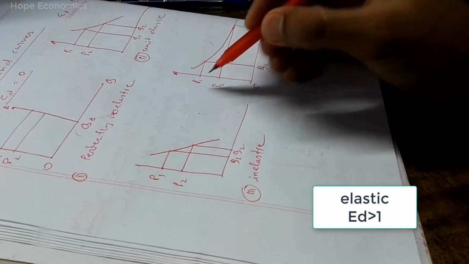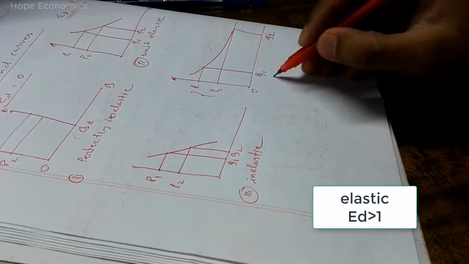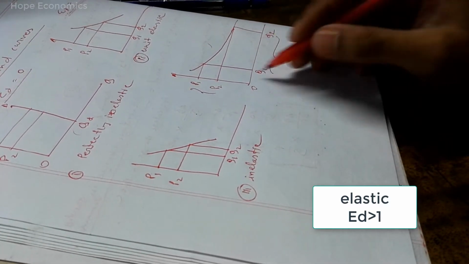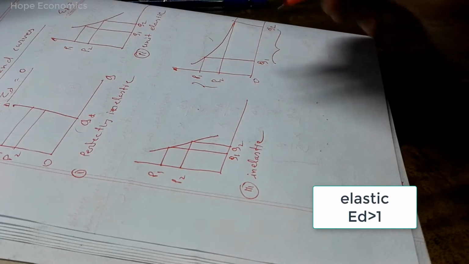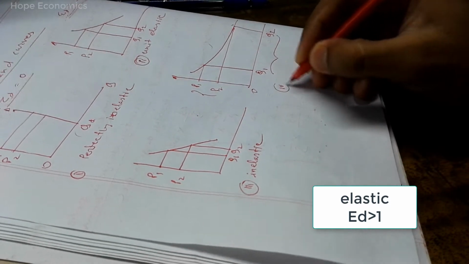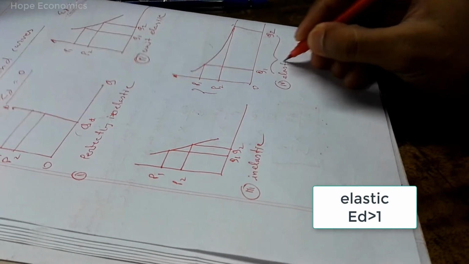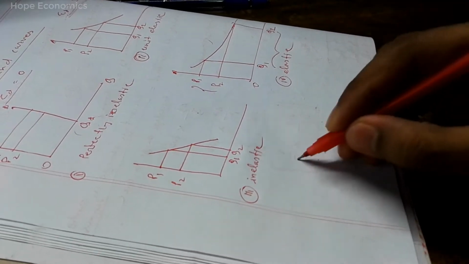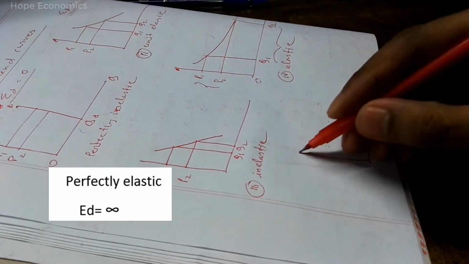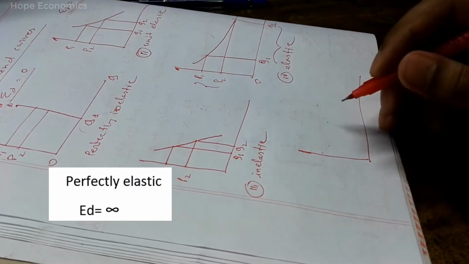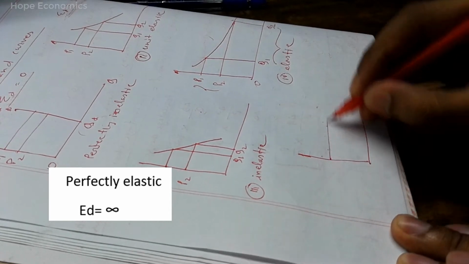Say the price actually changed this much, but the quantity demanded changes over a very long portion. So this is what an elastic demand curve looks like. And the fifth one is perfectly elastic, in which the demand curve looks like this,